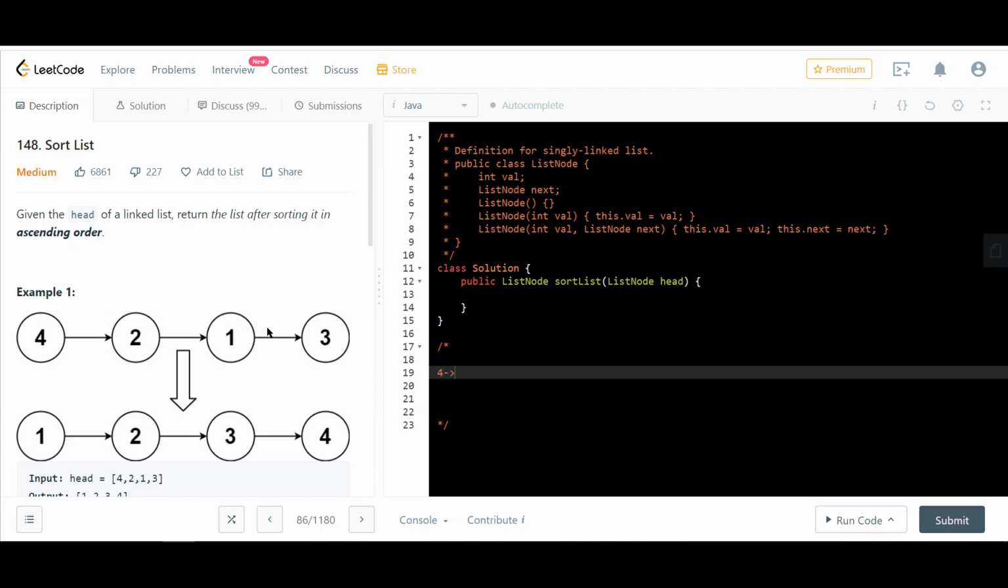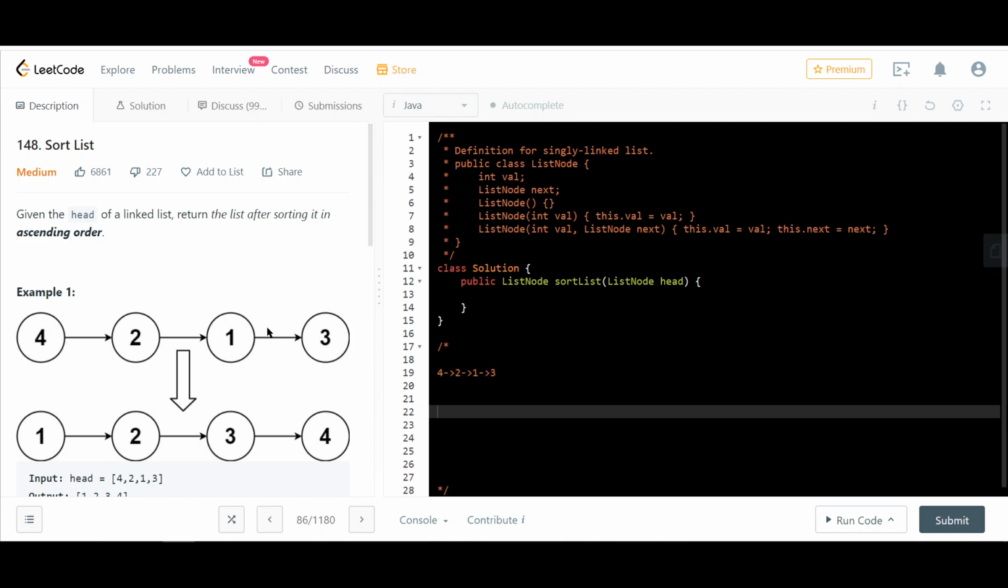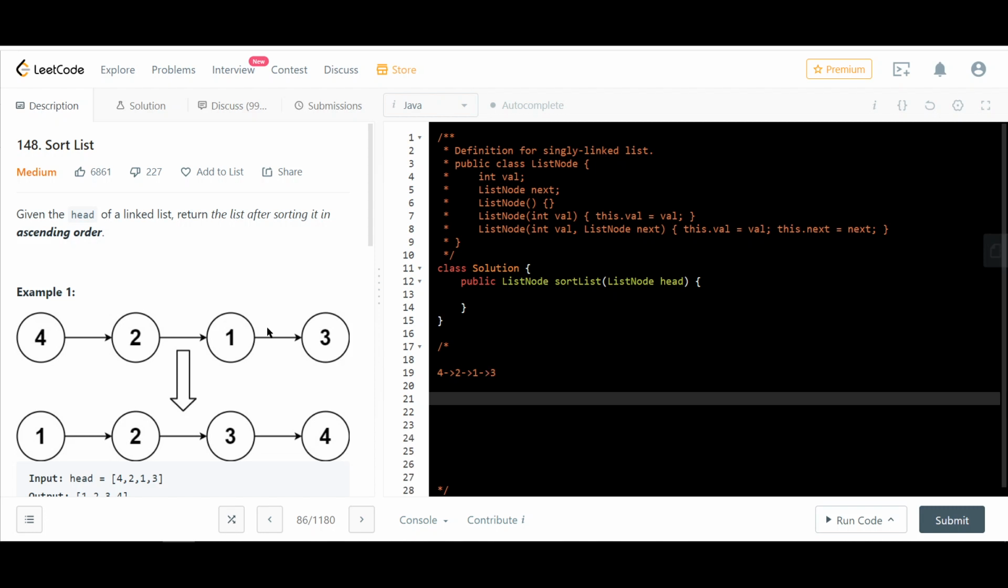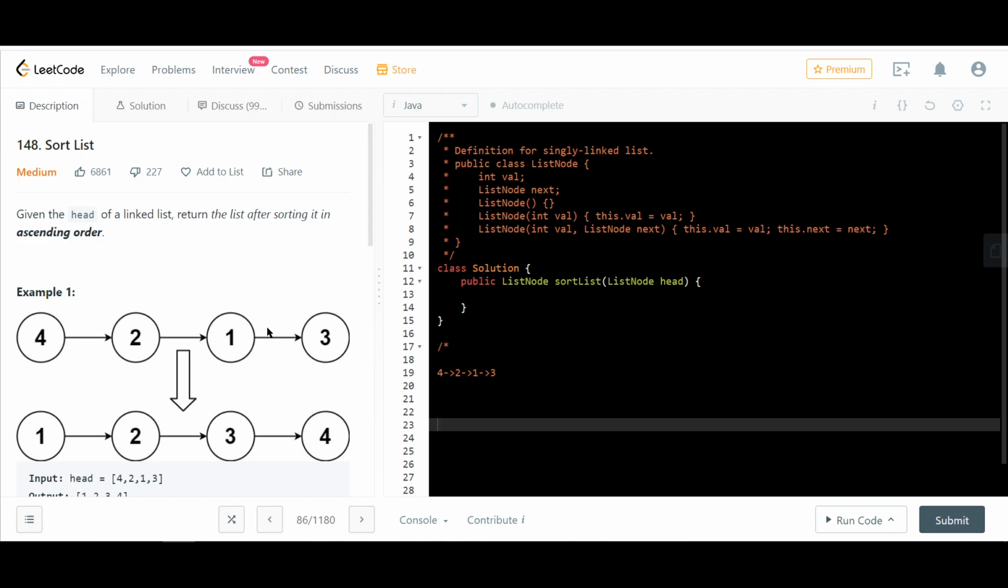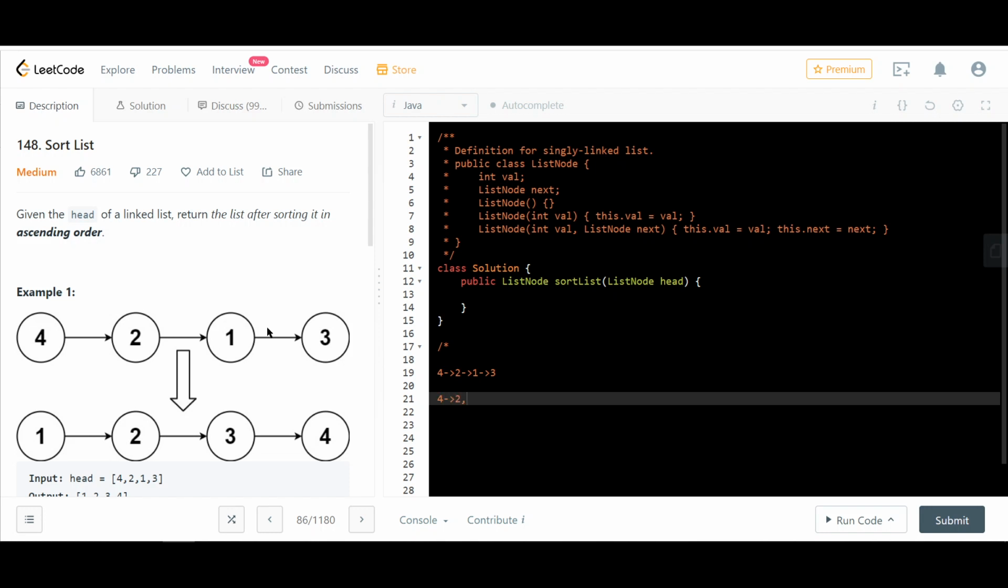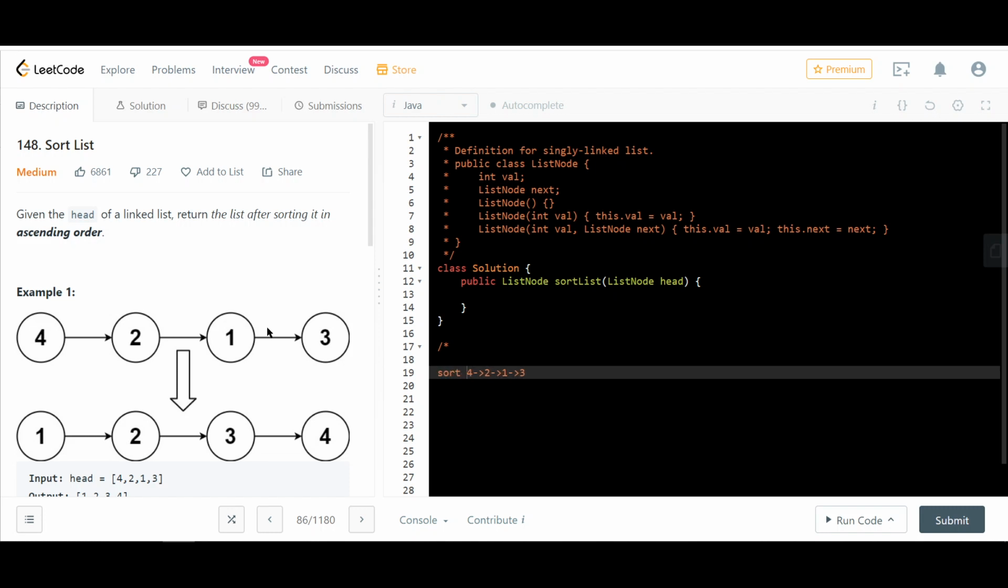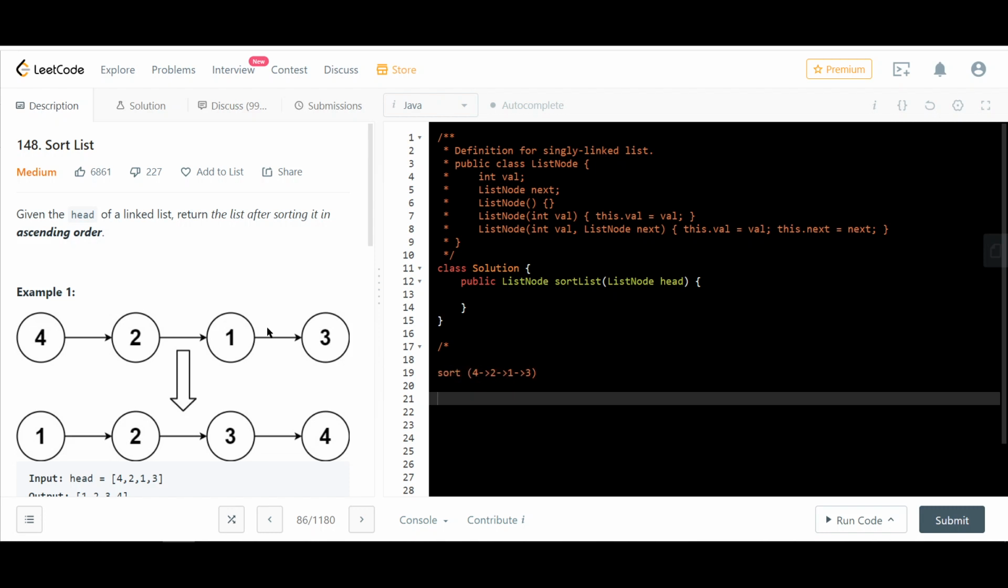So our linked list is 4, 2, 1, and 3. If we have to break it into two, firstly you'll have to find the middle. Finding the middle can be done in O(n). You traverse to that point and you then say, hey, sort 4, 2. So we're sorting this list, and this breaks into